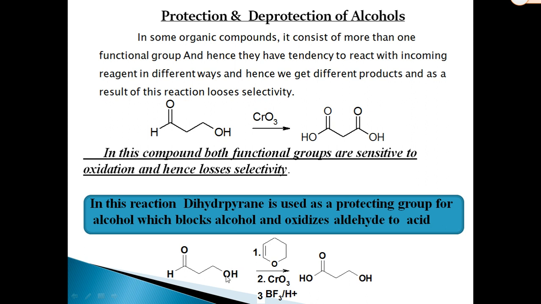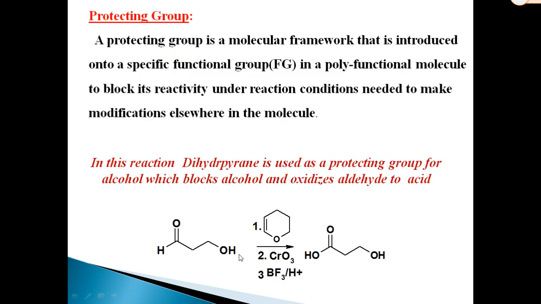Here dihydropyran is used as a protecting reagent for the protection of this hydroxy group, which blocks this hydroxy or alcohol group, and on oxidation only the aldehyde group gets oxidized into the acid, so we get 3-hydroxypropionic acid. This is the example of protection and deprotection of hydroxy group. Now see